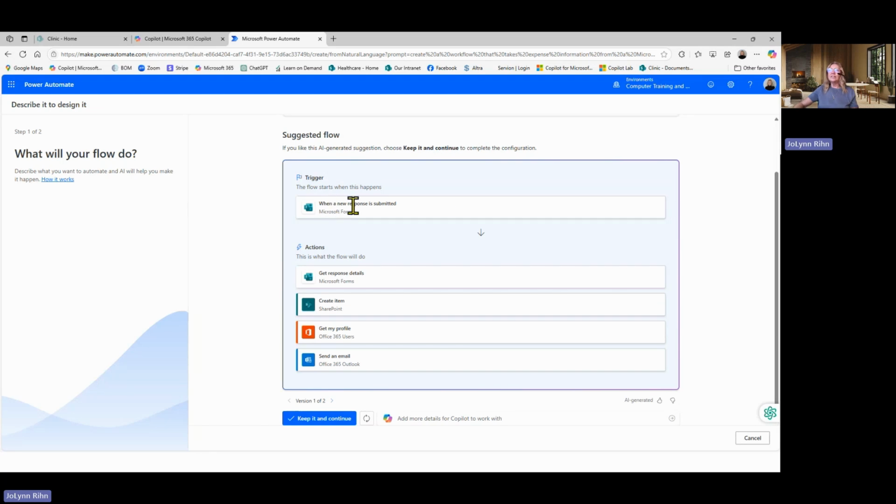What it's showing is when a new response is submitted, the actions are to get the response details, create a new item in the SharePoint list, get my profile, my email profile, and send an email. If that sounds like what I described to my Copilot, I'm going to say keep it